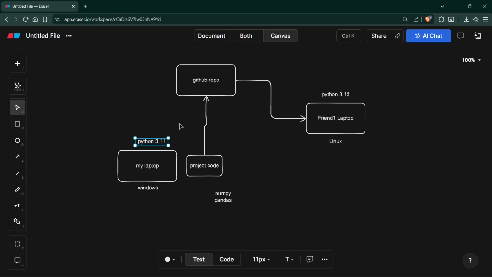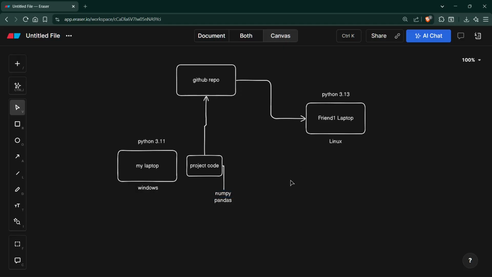So here we have Python 3.11 and this is Python 3.13. Now, I'm using this NumPy library in my project. My friend tried to run this project code, but for Python 3.13 the NumPy library is different. I mean, the NumPy version is different.